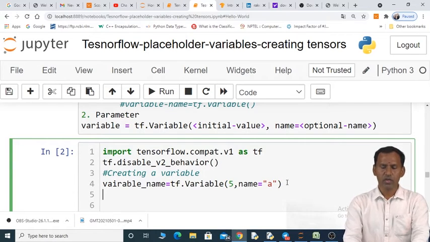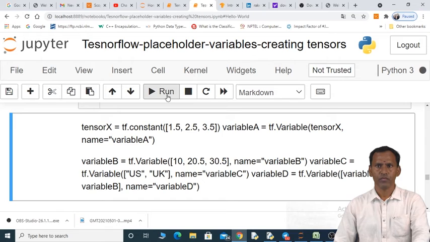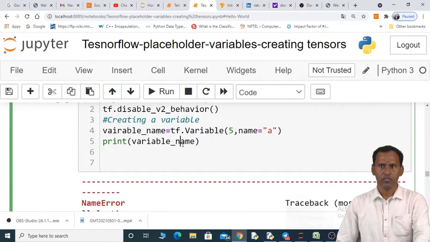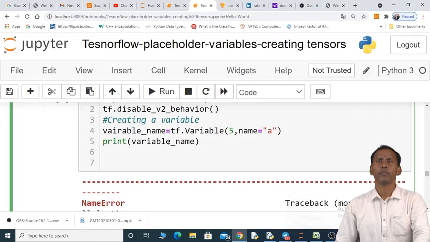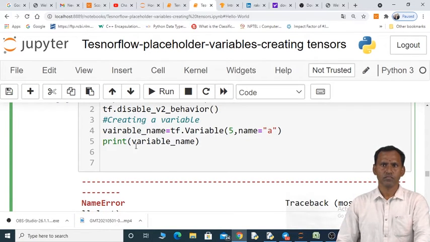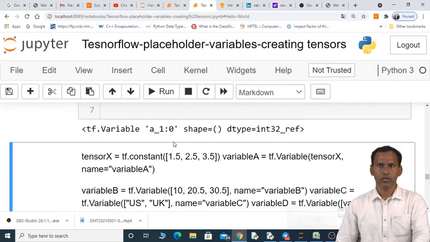After creating a variable, if you want to see its value on the screen, generally if you write like this without creating a session, the variable name is printed.